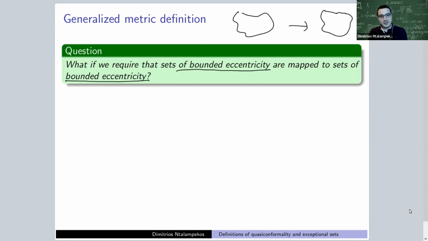So we want to have a picture like this. And this is also desirable in complex dynamics because a lot of times we don't know what the image of a ball looks like, but we might have more information about puzzle pieces, for example. We might know what is the image of a puzzle piece, but we don't know what is the image of a ball. Okay, so let me give some definitions before moving forward.